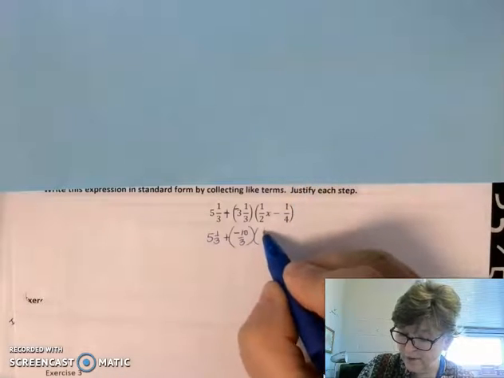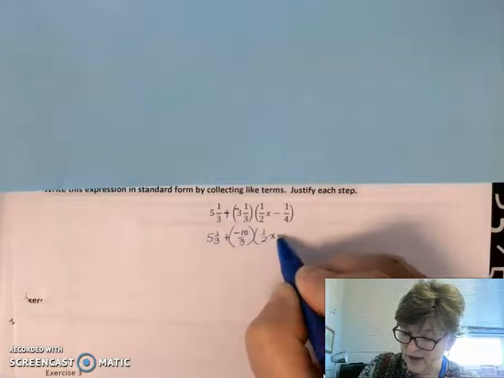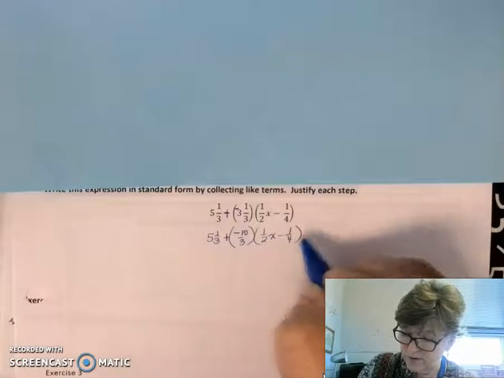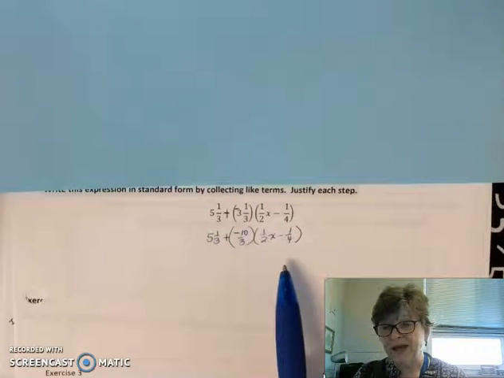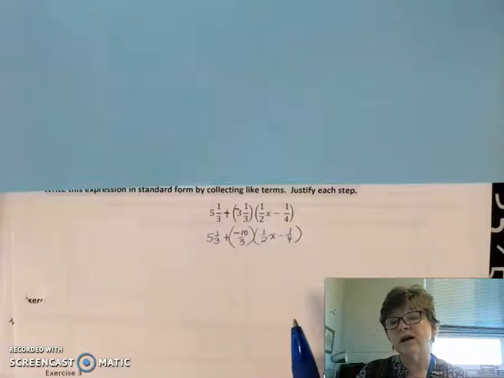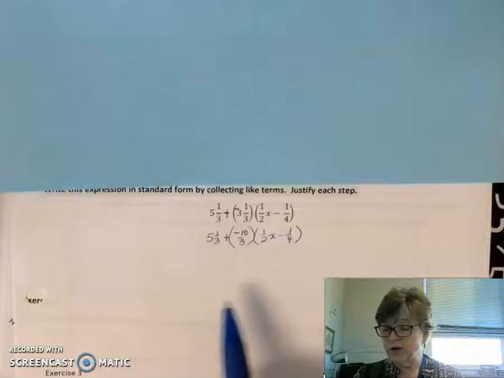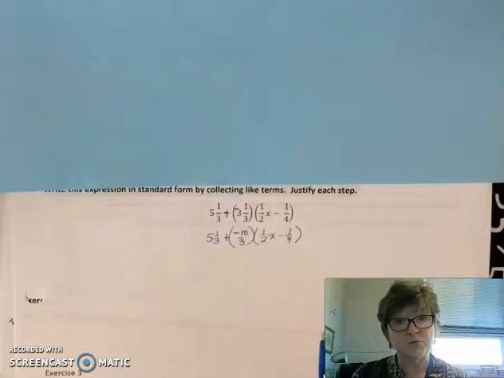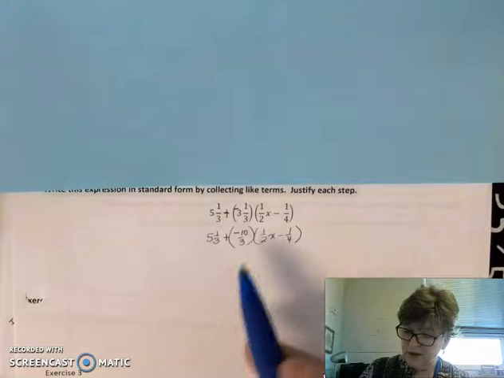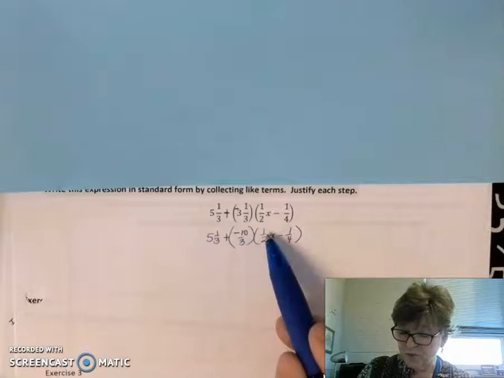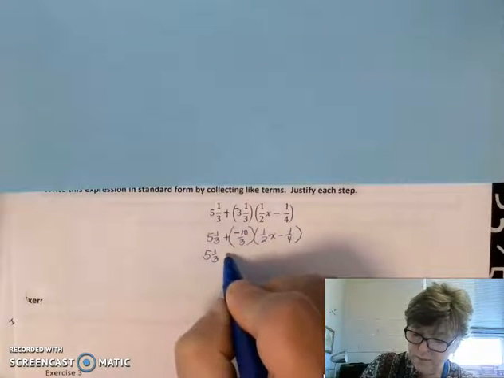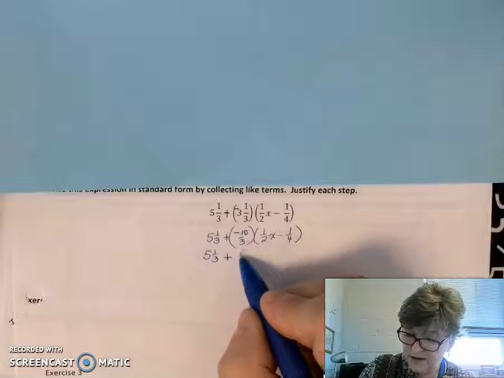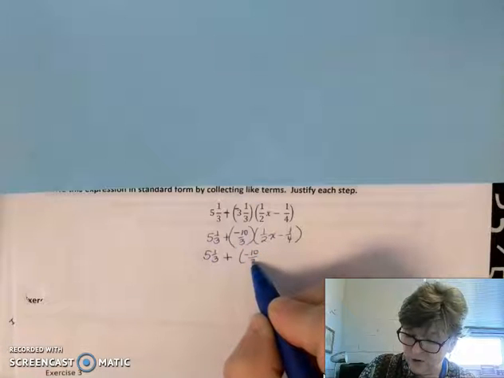And then we have our parentheses, 1/2 x minus 1/4. Step 2 is remember that when you're dealing with multiplication, you don't use a common denominator. So we only do that when we're adding or subtracting with fractions. But I do want to use that distributive property. So 5 1/3 plus negative 10/3